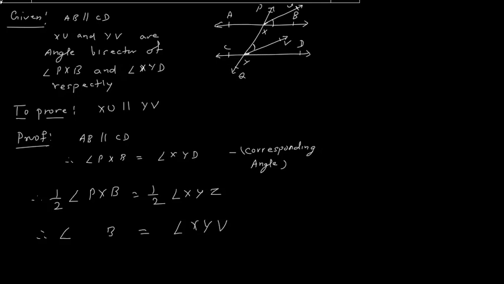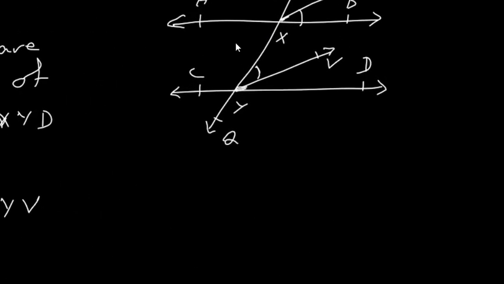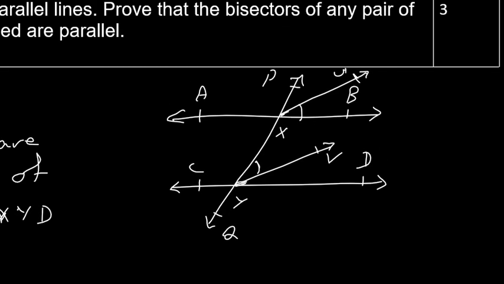So I will say that angle PXU is equal to angle XYV, right? This is okay. Now if you see these two angles, angle PXU and angle XYV, if I draw it separately,